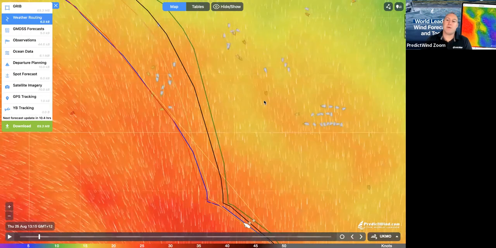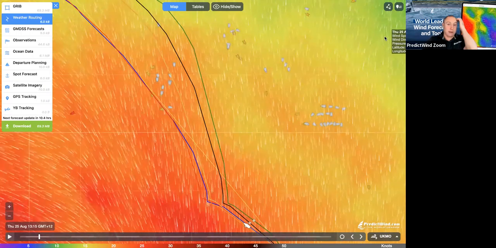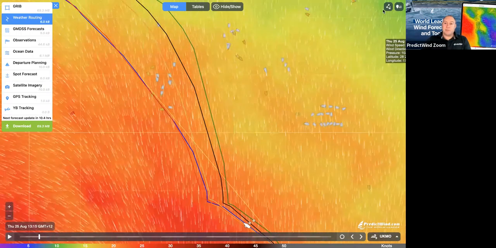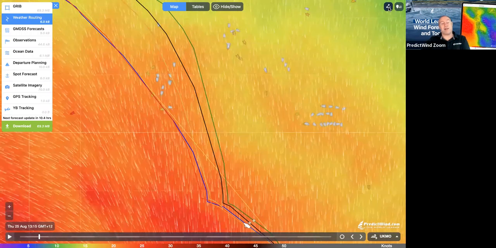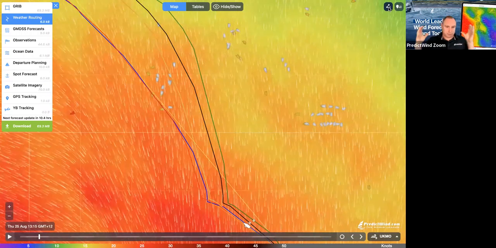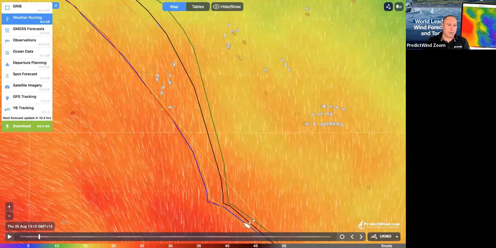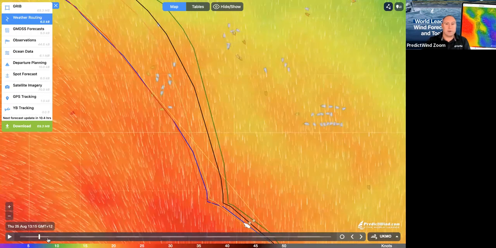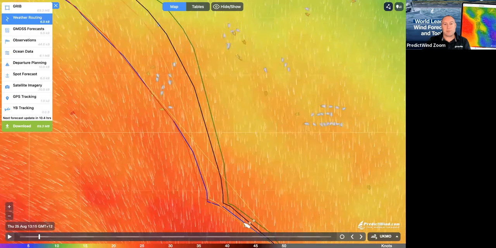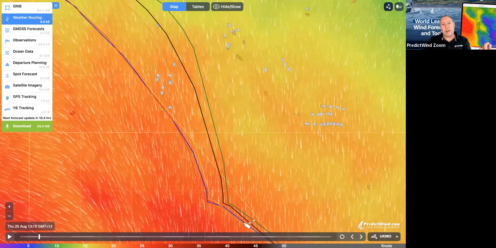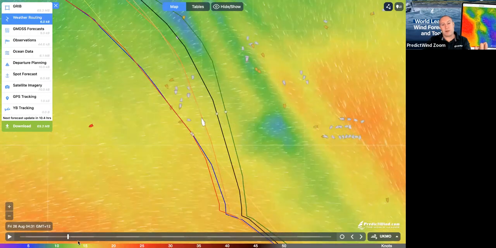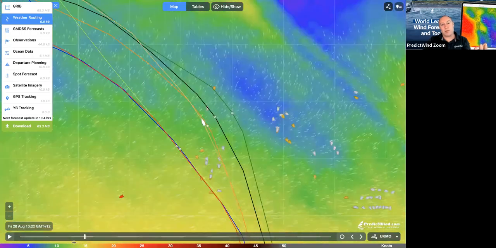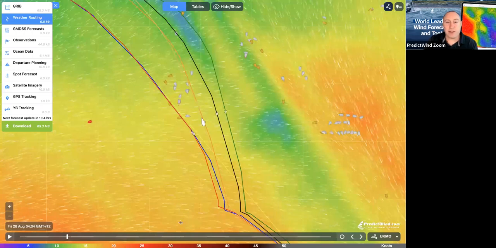So I've seen this now, and so I go, okay, well, what would I do? And there's lots of things we can do. We can just be aware that these guys are here. When we get to this part of our passage, we'll know that's where they're going to be, and we'll be aware, and we'll avoid it. But the other thing we could do